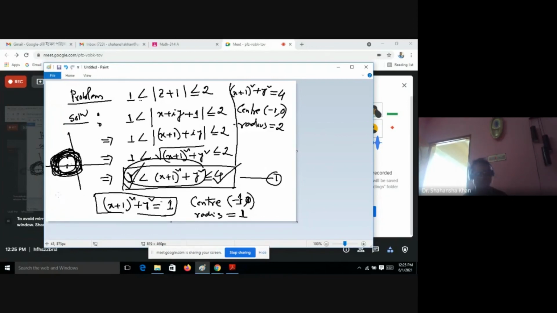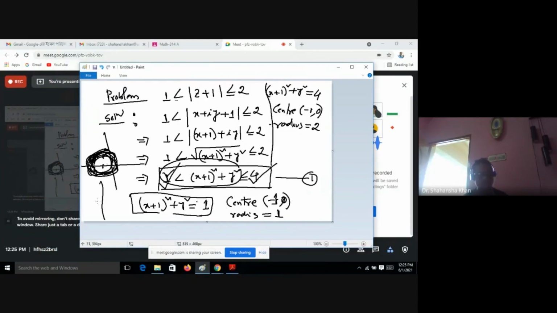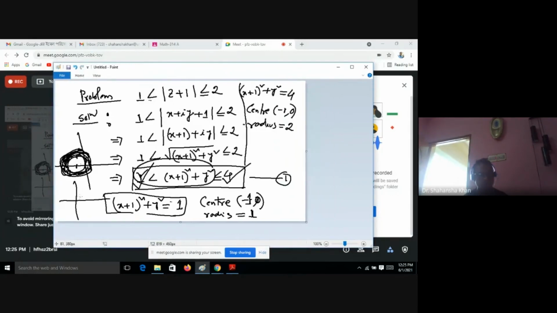Rakib, am I right? Yes, sir. Again I can explain. Suppose you draw a circle with radius 1 and another with radius 2. Rakib, follow me. This is the lower limit, this is the upper limit. Then you can find this space. This space is just like the gallery of a stadium.